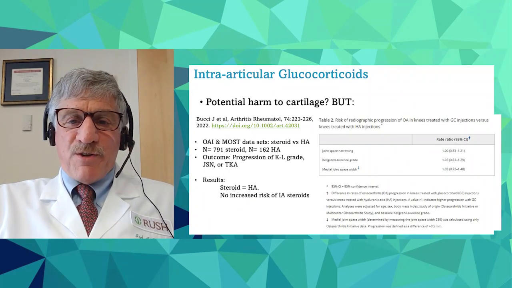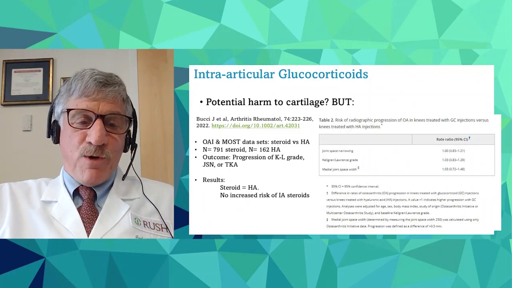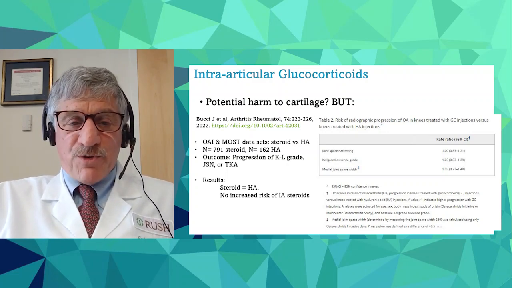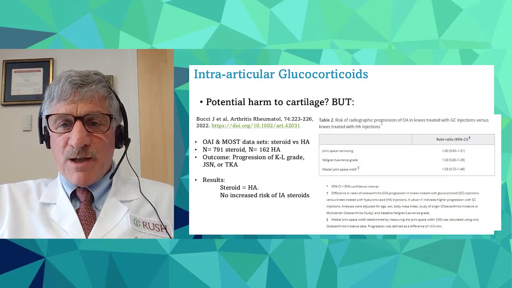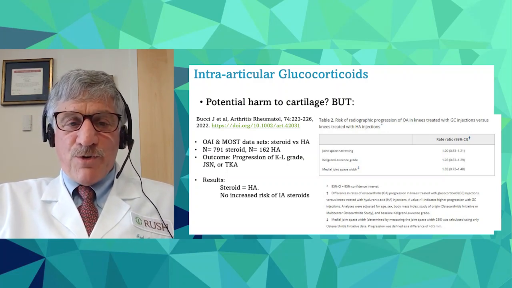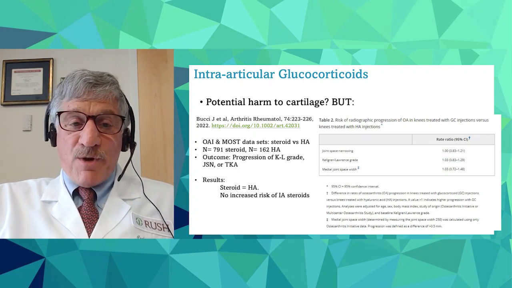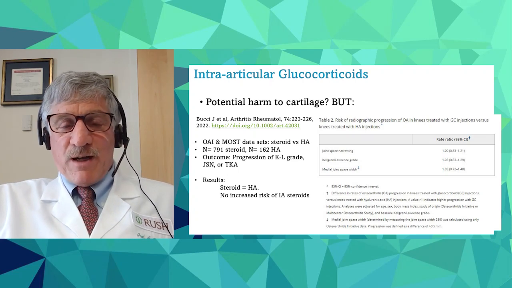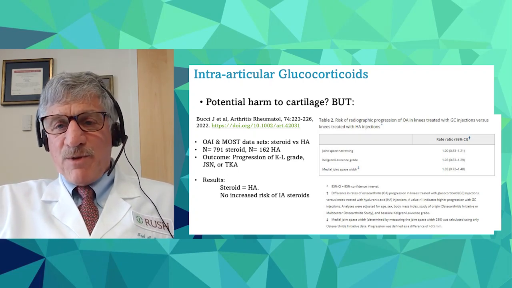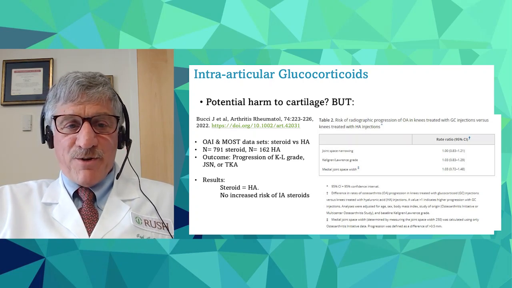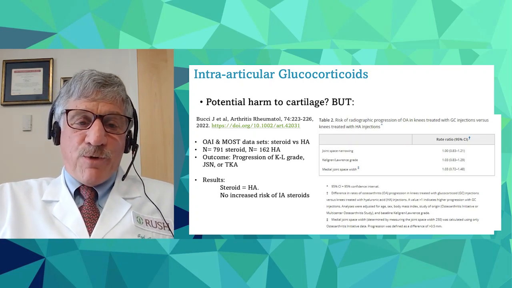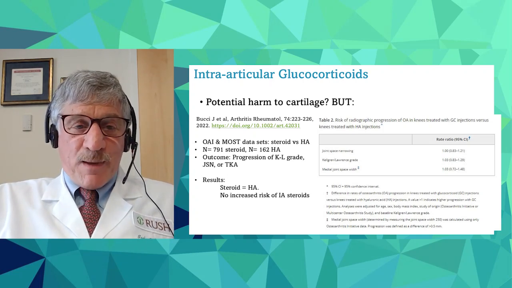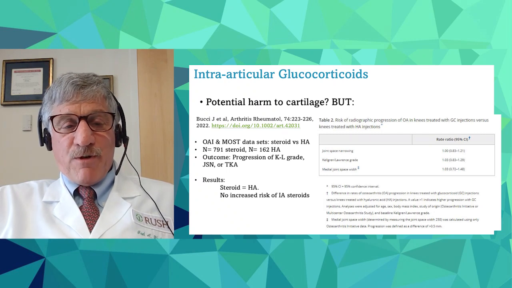I'll point you to a much more recent analysis, performed by Bucci et al., where they aggregated all of the patients from the OA Initiative and the MOST dataset. Each of these is an extremely large, multi-thousand person, multi-year longitudinal observational study of community-based people with OA and at risk of OA. They looked in those combined studies for people who had intra-articular steroids. They compared them to a control of people who had received intra-articular hyaluronan, and as an outcome, they looked at the risk of structural progression by X-ray, Kellgren-Lawrence grade, or joint space narrowing quantitatively, or functional progression